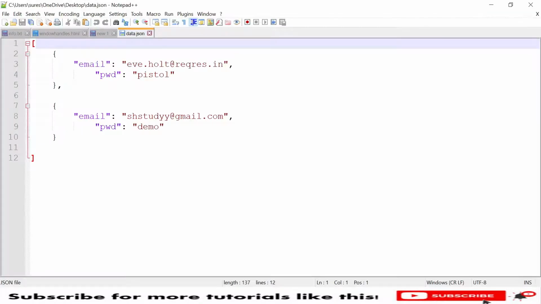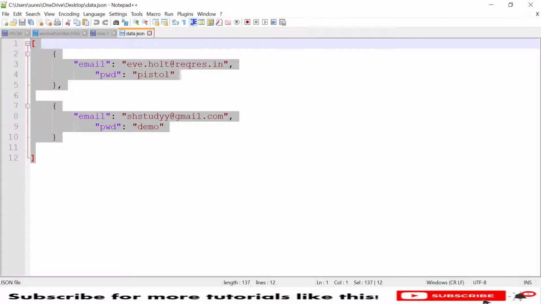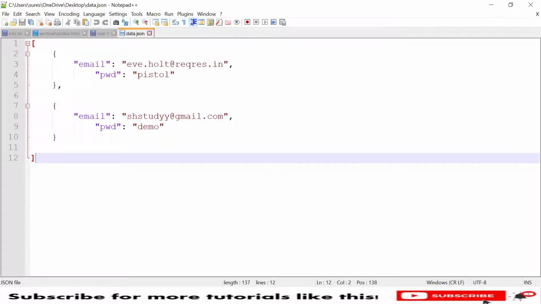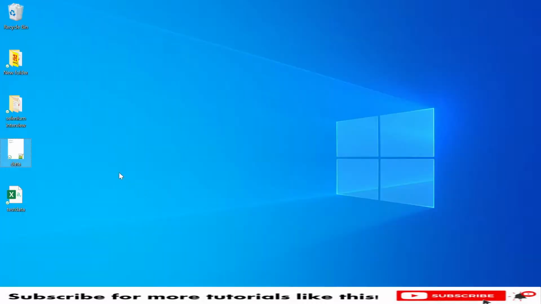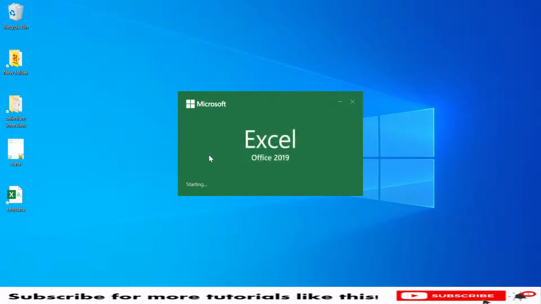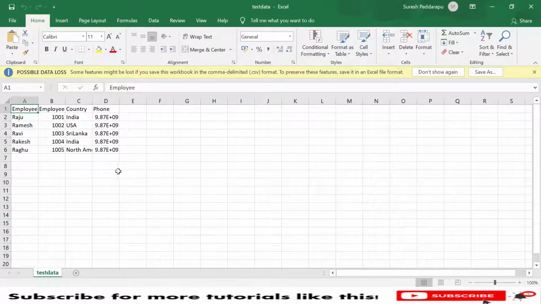This is the JSON, where I have provided two iterations of data. I also have a CSV file with different data setups, and we can do that kind of iteration in the command line. Let me open my CSV file and show you how I have structured this data. These are the 5 user details that are going to be executed.